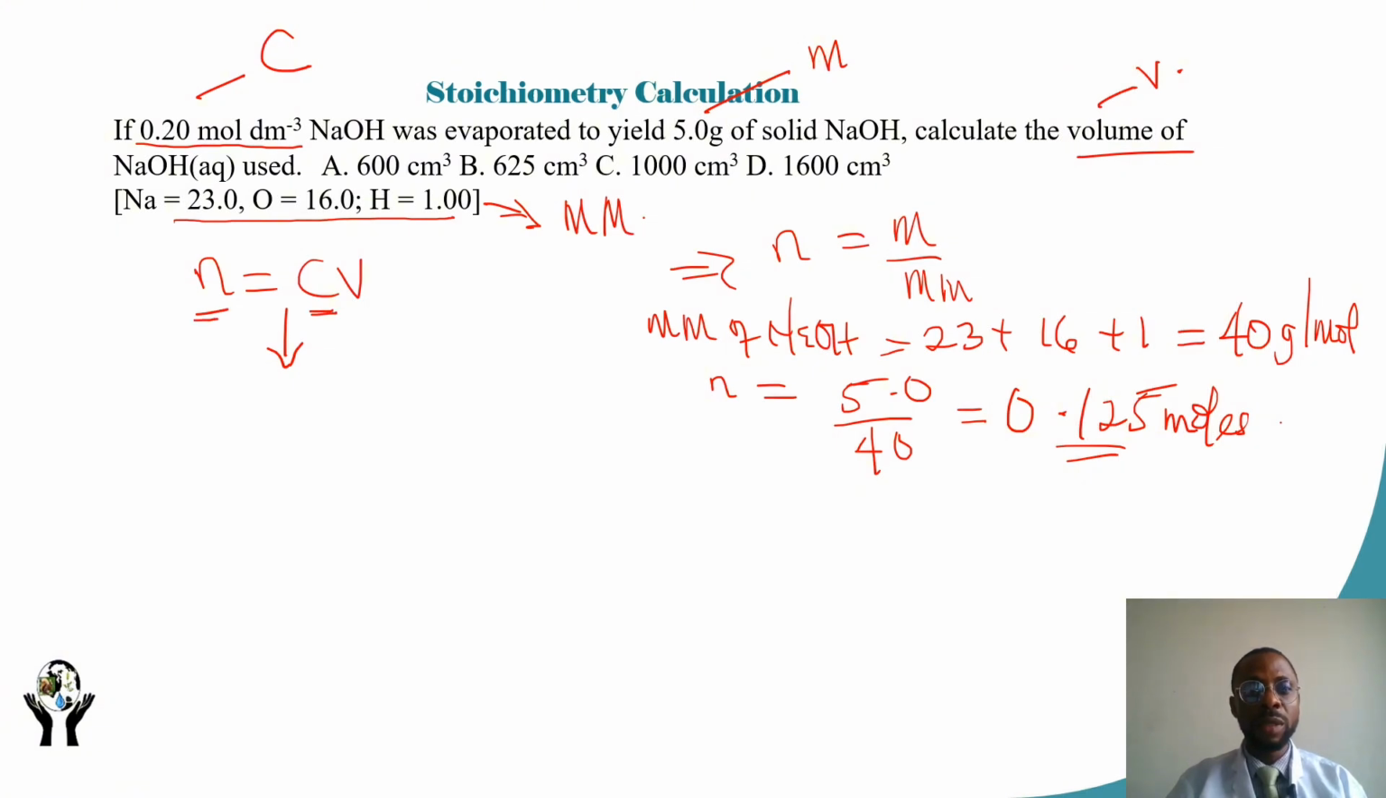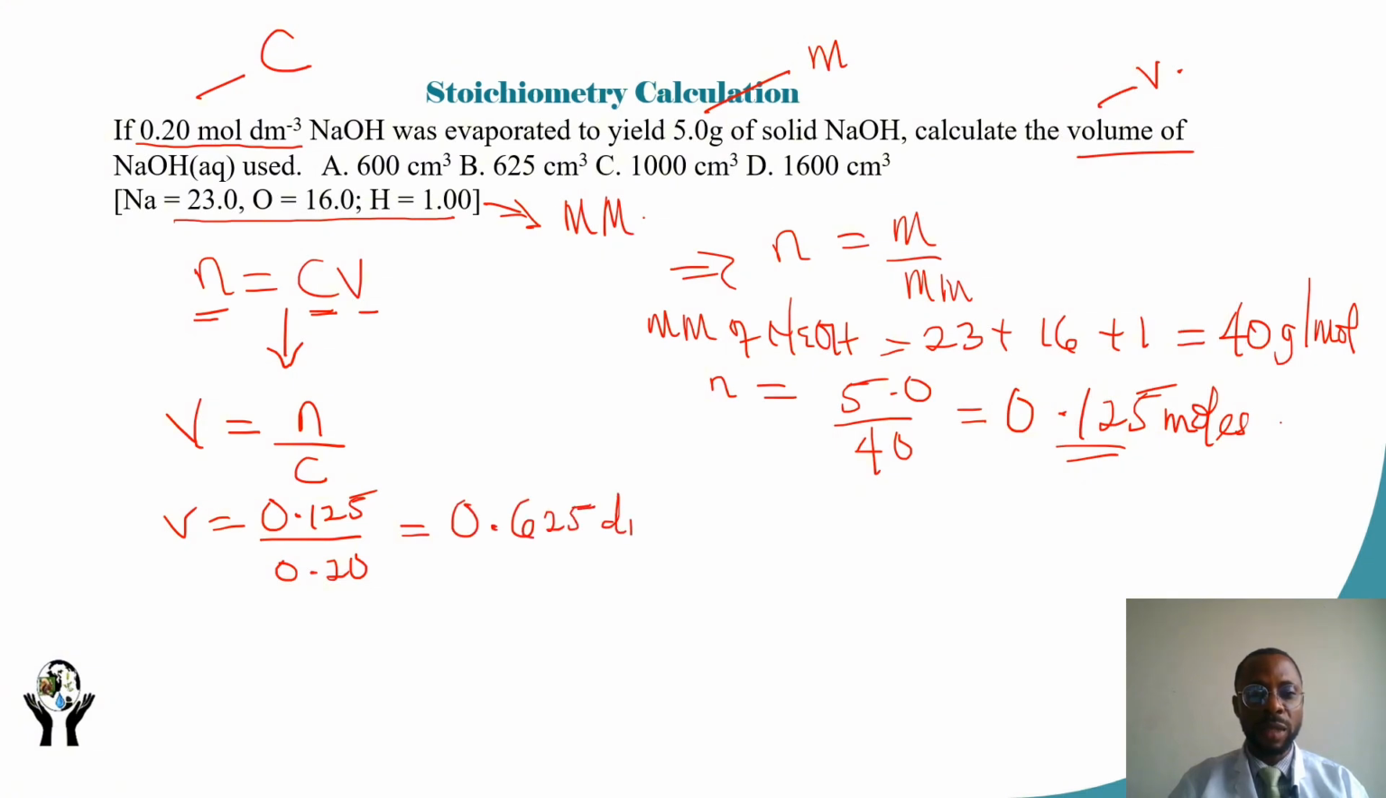We're given the C in the question already. It is the V we're looking for. So if you write this expression, V equals N over C. So V will be equal to the N, which is 0.125, over the C, which is 0.20. And from there, the volume will be 0.625 dm³. It's going to be dm³ because this amount here is moles, and this concentration here is